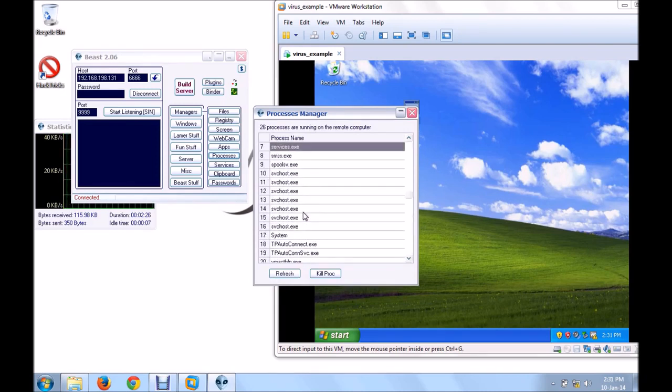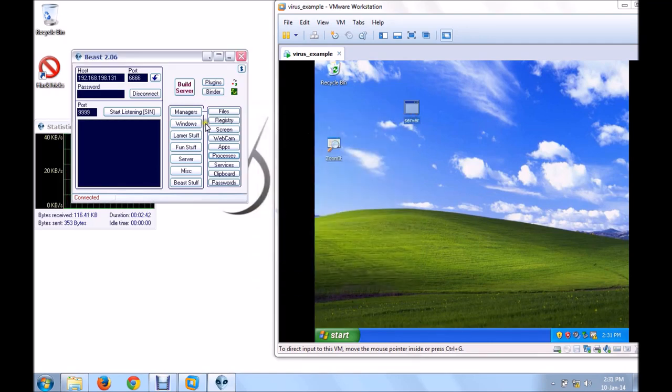So if I delete this explorer.exe, then the complete desktop, whatever the user sees, will be deleted. All I have to do here is select the process and kill the process. Clipboard, whatever the user has copied, we will be able to see that. This was everything that we explored in the managers section.